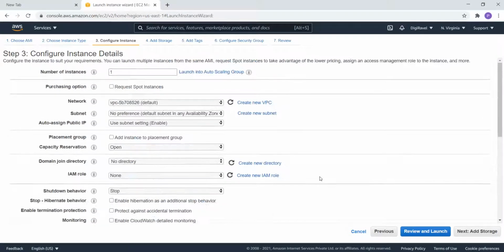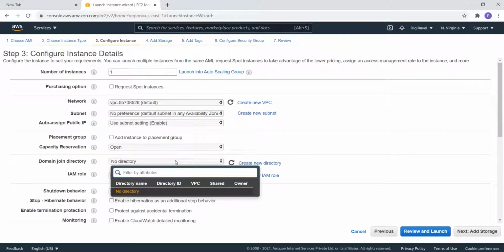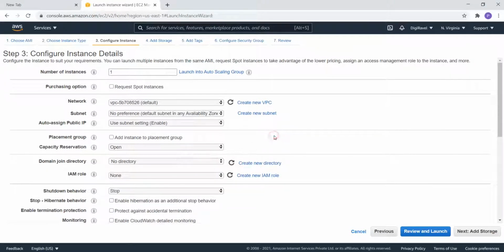You might not be aware of this, so just go through this if you want. Here you can have your own directory also, and you can assign your roles. If you know what an IAM role is or how to create a user in IAM, then you can just go and select your users here.